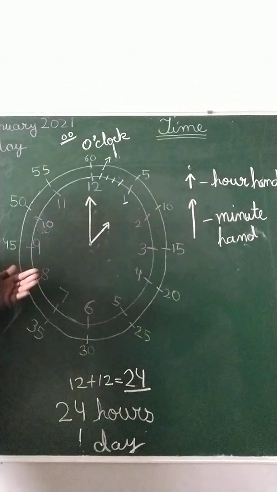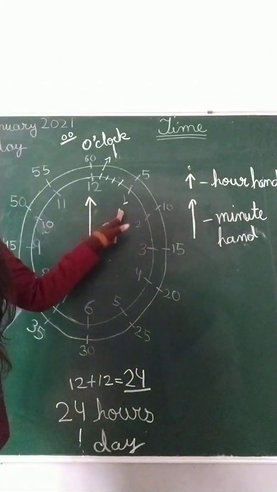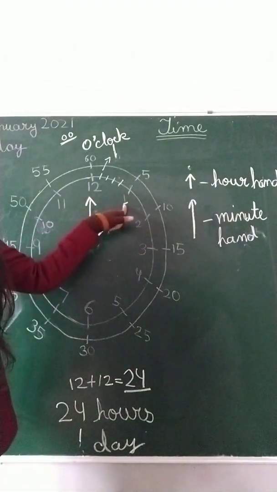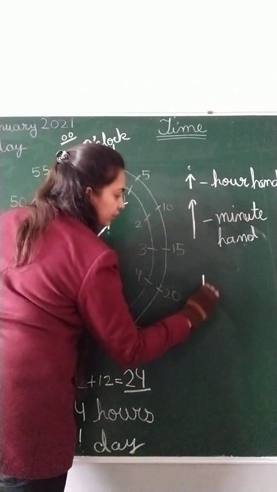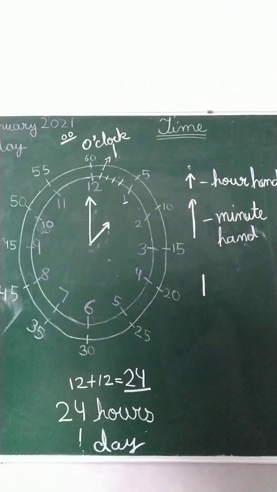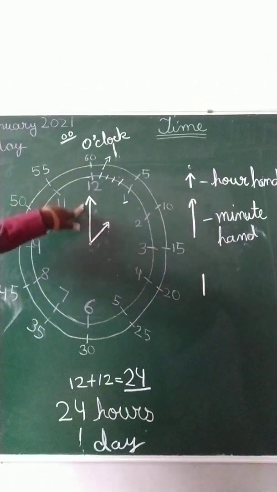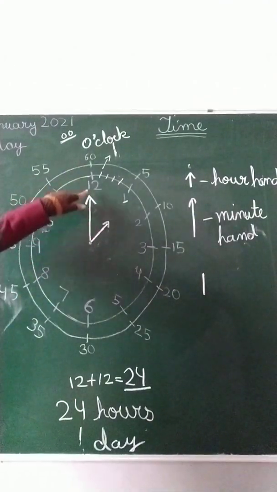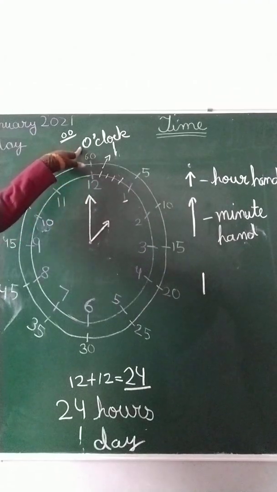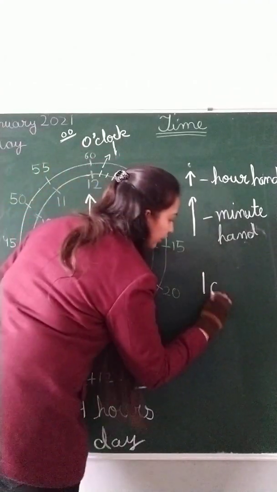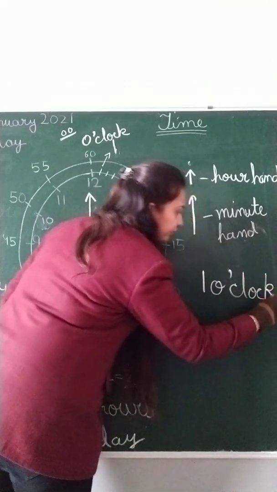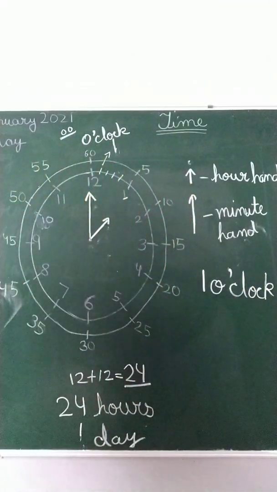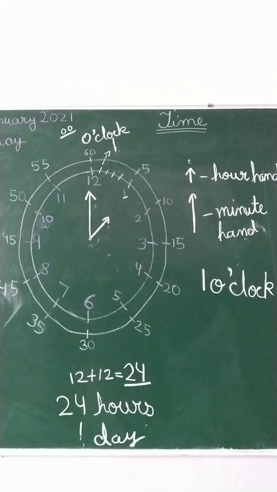Fine. Like when we are talking about this one, this small hand represents the hour. That is 1 hour. So we will write down like this, 1, and the longer hand, the minute hand, is on the 12. 12 means o'clock. So we will write down over here 1 o'clock. We will call it 1 o'clock. To show you some more examples,